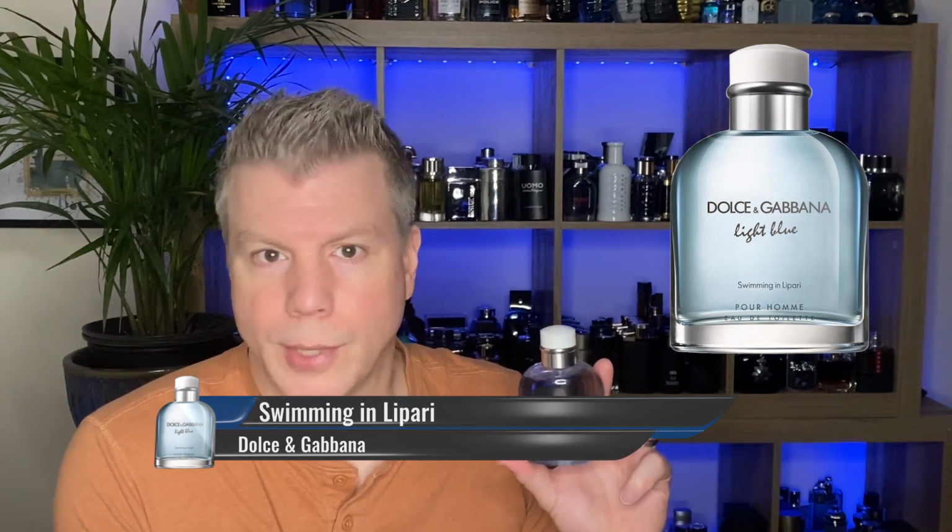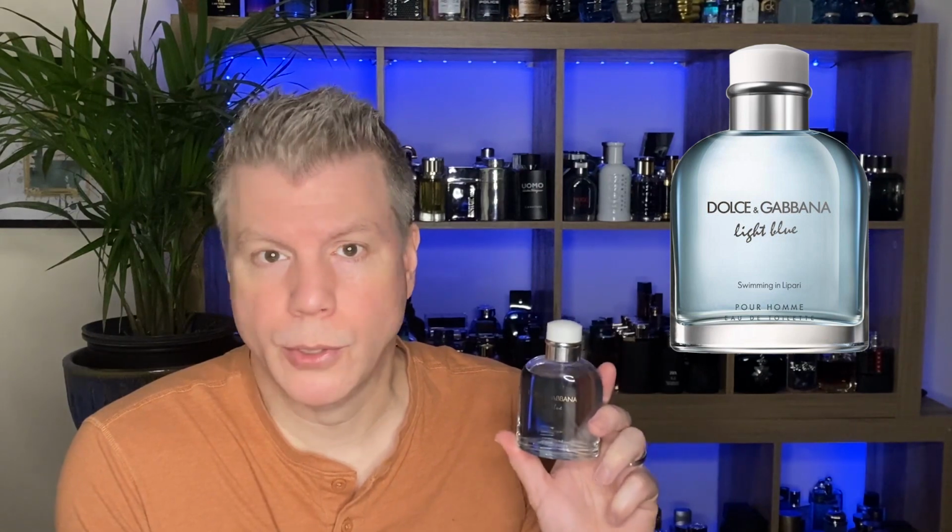A little bit similar to Stromboli, going back to our aquatic roots. Swimming in Lipari, just like the name implies, swimming, is a very nice, brisk, citrusy, fruity, aquatic fragrance. You've got 3 kinds of citruses in the open, including citron, so it's going to be a super bright and refreshing open. In the heart is where it starts exploring aquatics, but it's sandwiched between 2 notes that help the